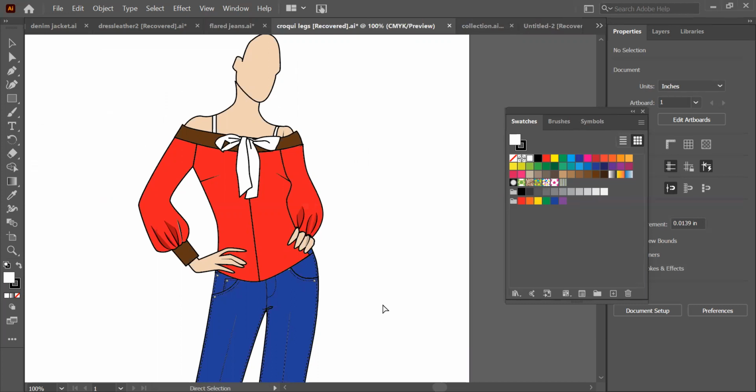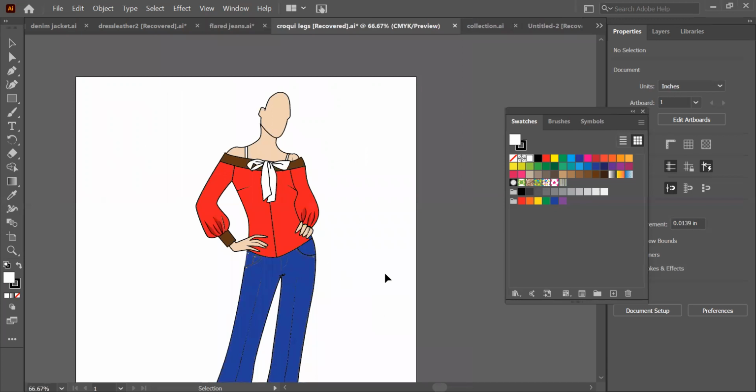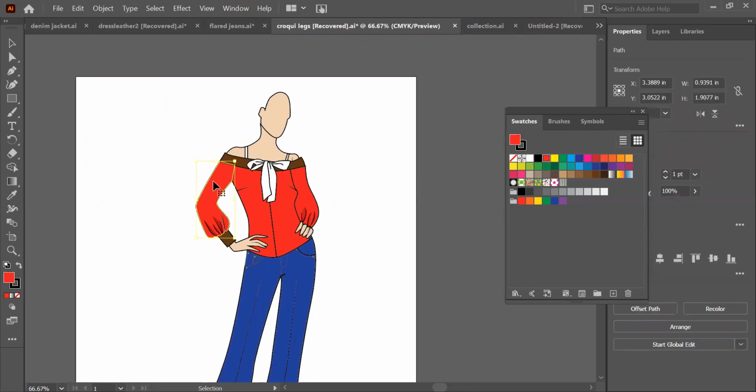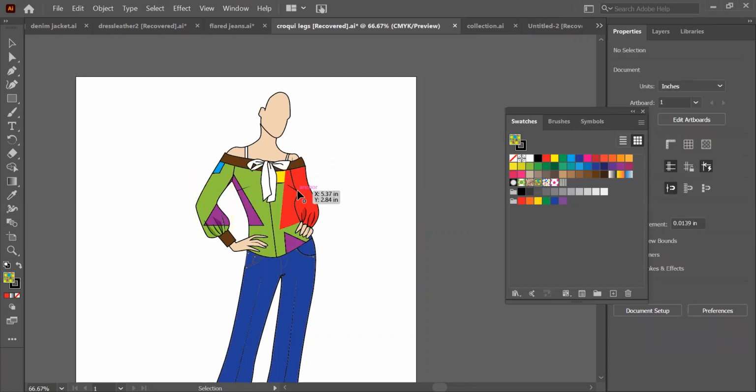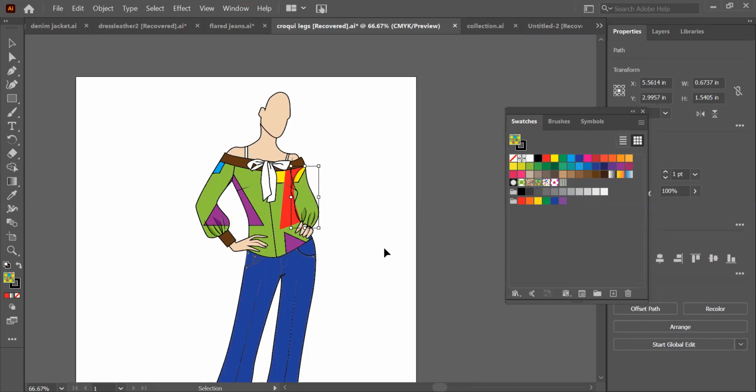Now another thing is, let's say how you would add a pattern here. Now working with a print is fine, because a print, even if it is going up and down like an all over print, like suppose this, and I paste here also, and I paste here as well.